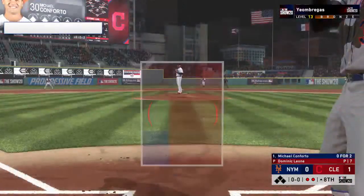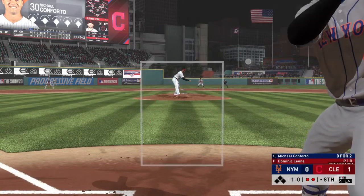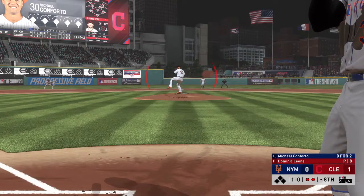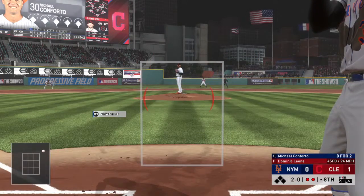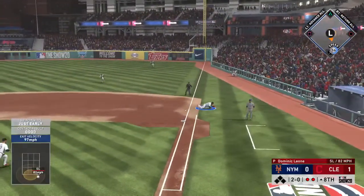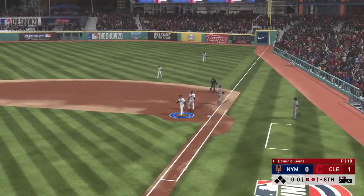So striding forward now, Michael Conforto. No hits to this point. That's a ball. Not close with that one. It's way above the strike zone. 2 out, nobody on. And there's a fastball well off the plate inside. And right into the shift. A dive, and oh, he can't hang on. Throw to first in plenty of time, and the side is...